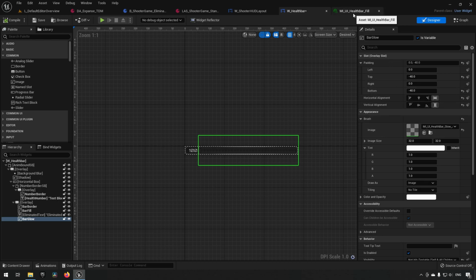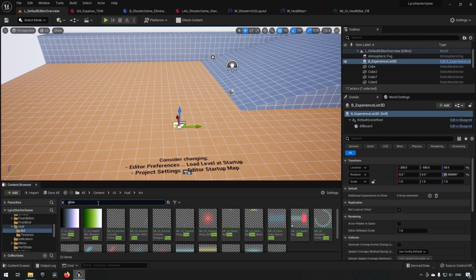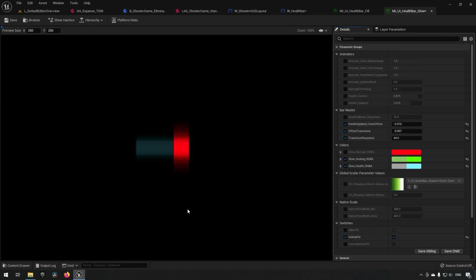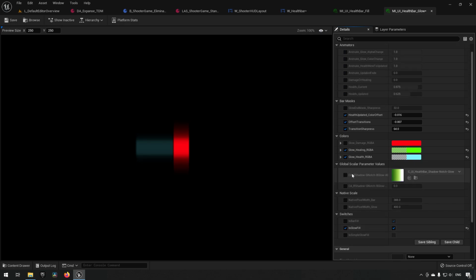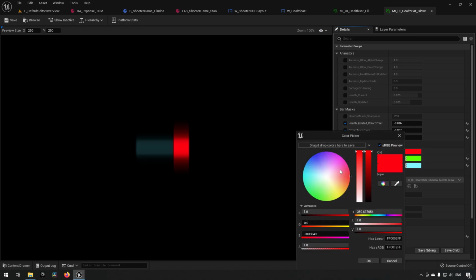UI health bar glow is the name apparently. So somewhere in this folder, something called glow. Something called health and glow. Okay, so this one. So this, apparently I've changed something so it wants to save it. But yeah, since this is a material instance and you can see they have exposed a lot of different parameters for us to play with. So something simple would probably be like changing the glow damage, I guess. You could have it be a completely different color if you wanted to. So you can just reuse their material and change it up